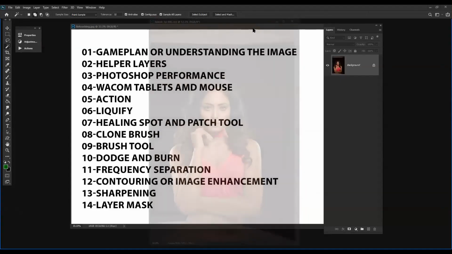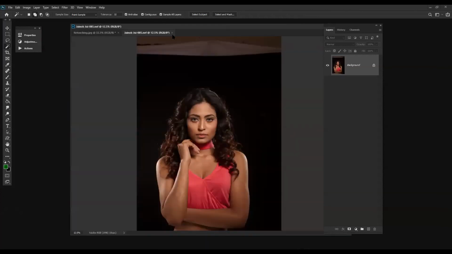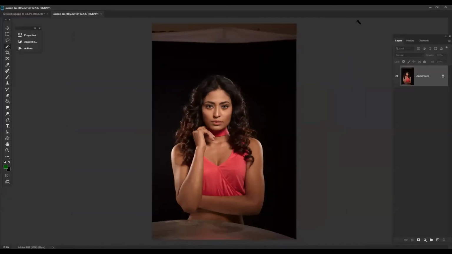So let's begin with the basics. Which image are you seeing right now? The image of the girl? Which image are you seeing in the monitor? The image of the girl?